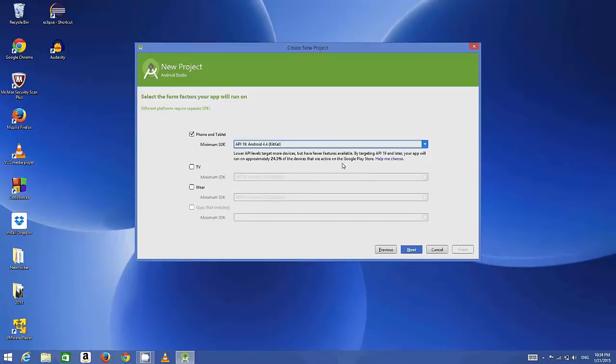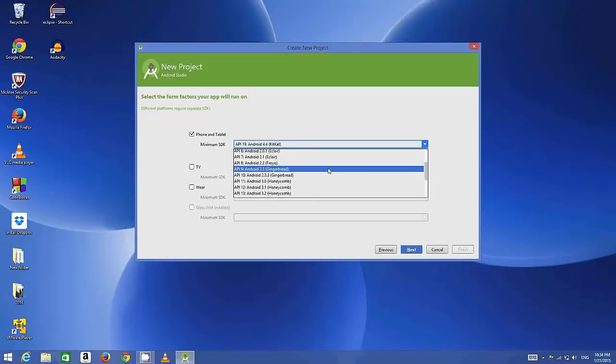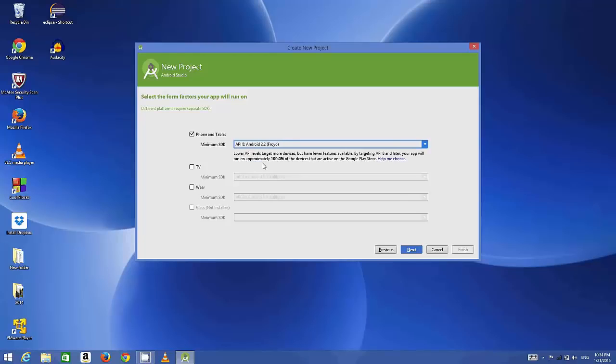And generally you may want to make some application which covers almost all the devices and has backward and forward compatibility. So for example, if we choose this Android 2.2, it means that it will cover 100% of devices, which will run on your newer devices and on older devices. So choose the one which covers the most percentage of devices, for example this Android Froyo, right? Click next,